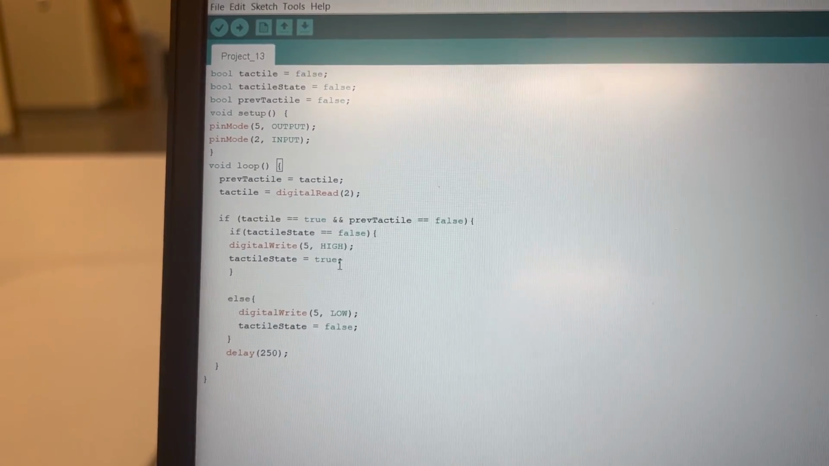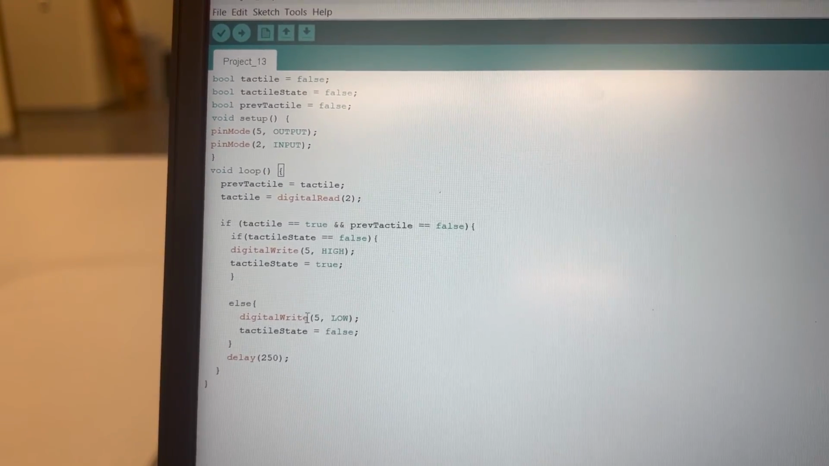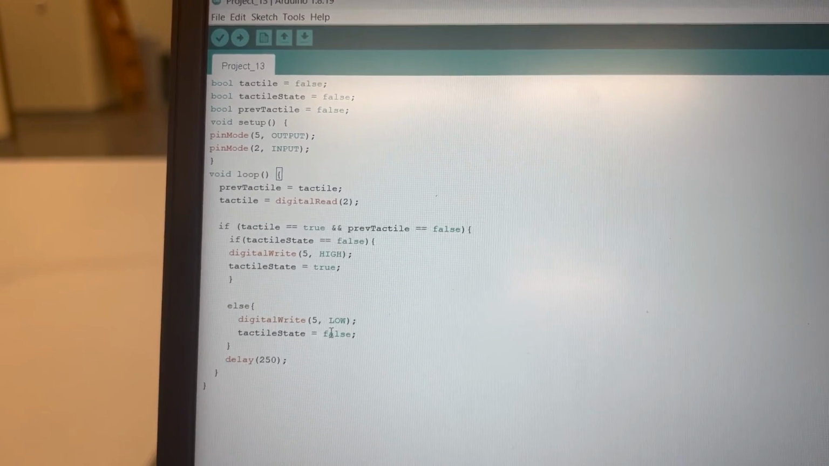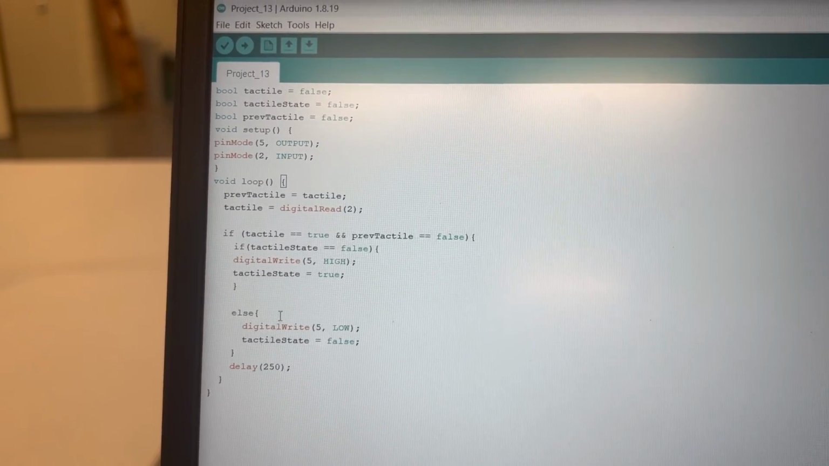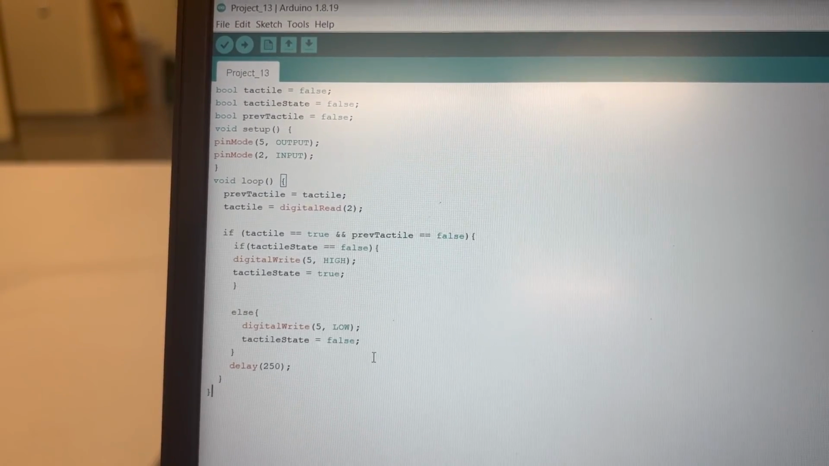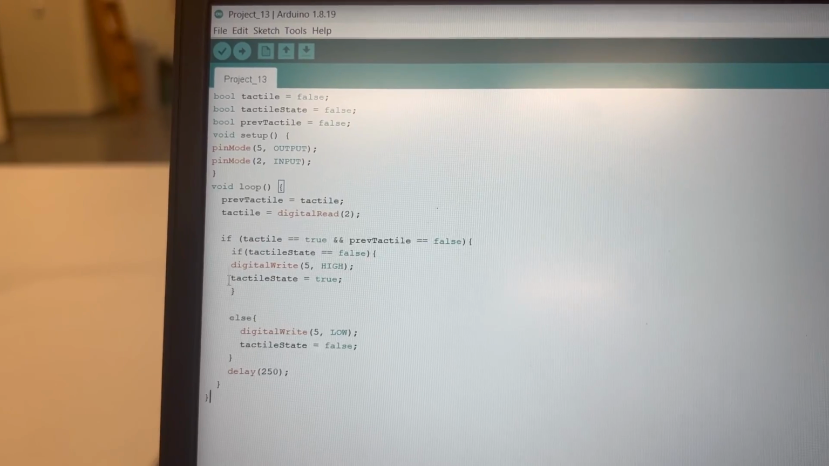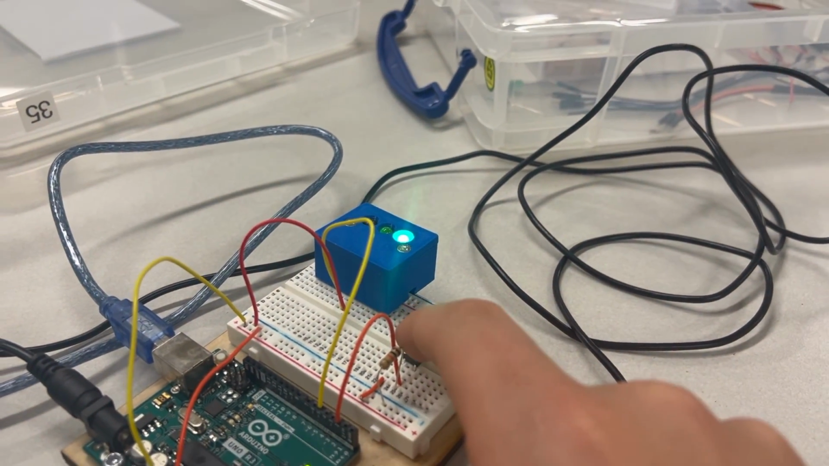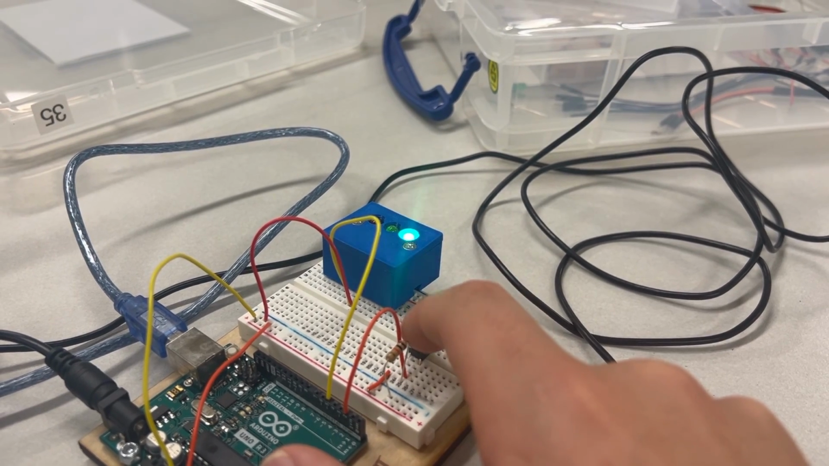It'll state it as high, keep it in its memory. And then if it's high, it'll rewrite it to low and keep it as false. Delay 2 seconds, loop again. And we come over to our thing. It's on, off, on,